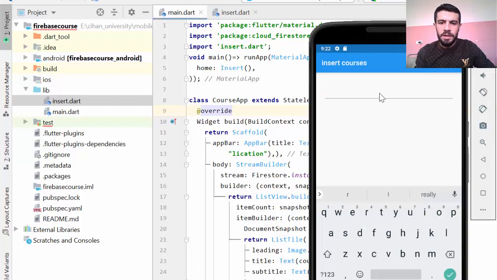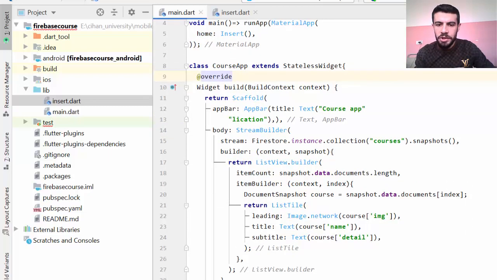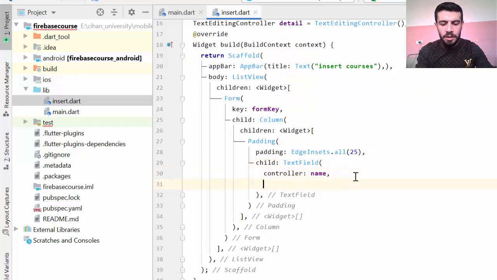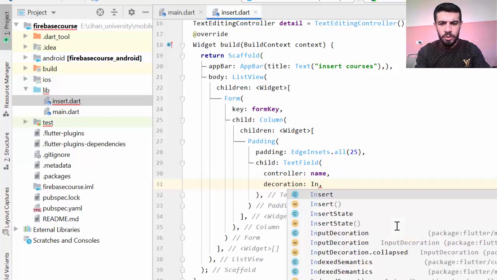Now you can see I have just one text field, and add the padding space around the text field, on the right and left and bottom and top. So here the first one. Also I can add a decoration. Here I have the text field. You can see I have the one text field. In the text field I can add a decoration. So now here decoration, I have input decoration,